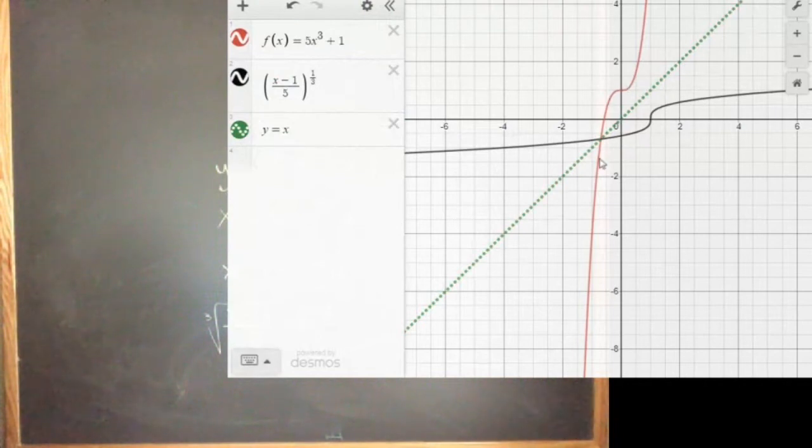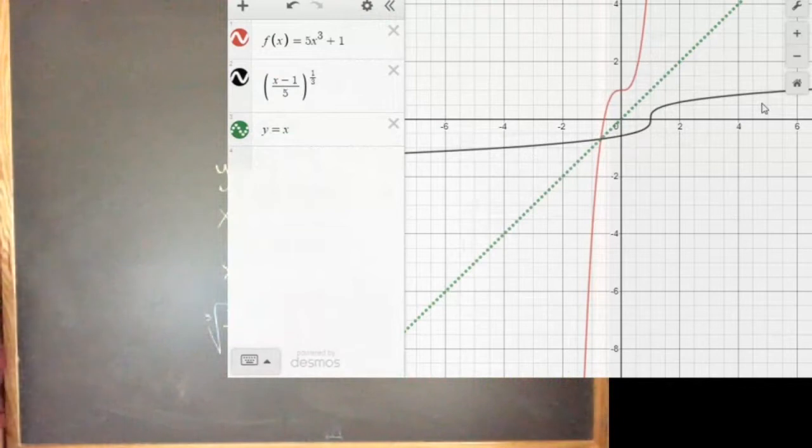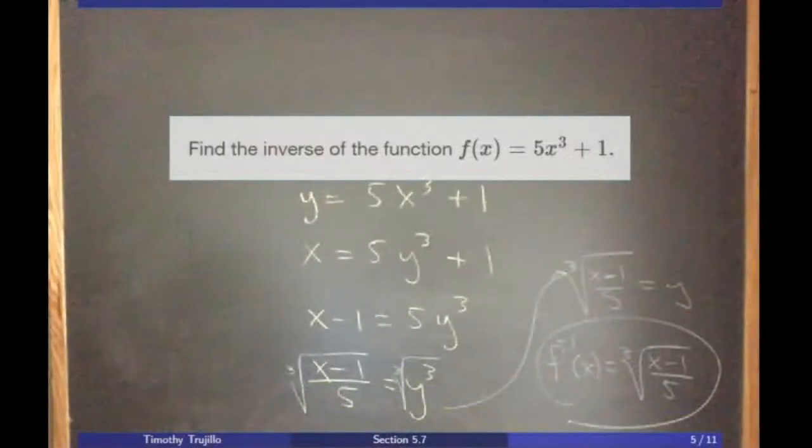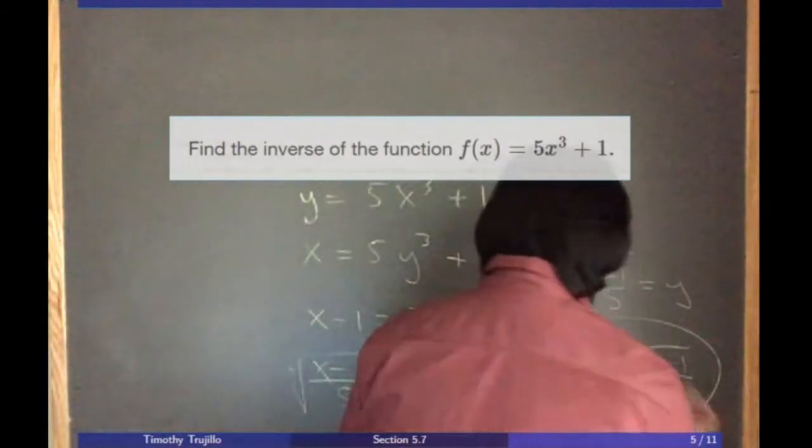And again, we're just reflecting this curve in red here around this green line to get this one in black. And so we've successfully written down the right equation, right? Because it has that nice symmetry property across that line y equals x. Okay, so that was just a quick reminder of this process. Okay, so let's keep going and